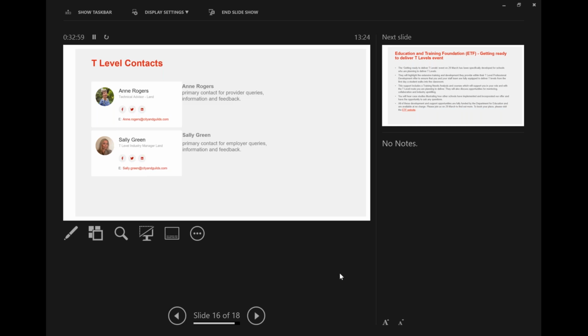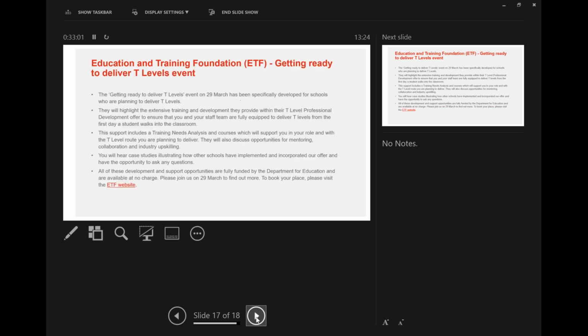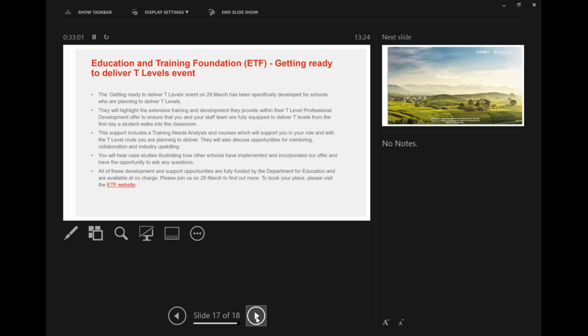Before I finish, the Education and Training Foundation have asked me to put this information out to you as well. They have a Getting Ready to Deliver T-Levels event next week on the 29th of March. It's developed and targeted to schools and sixth forms who are planning to deliver T-levels, but it will be useful for any centre planning to deliver T-levels.